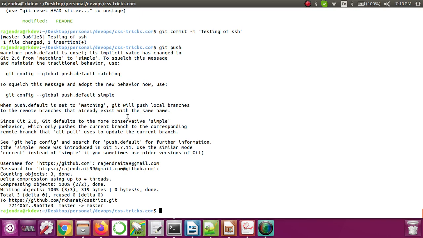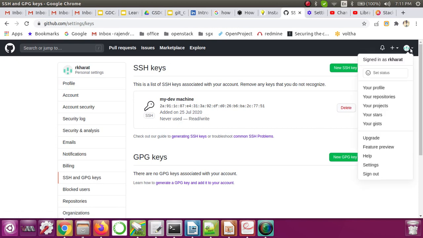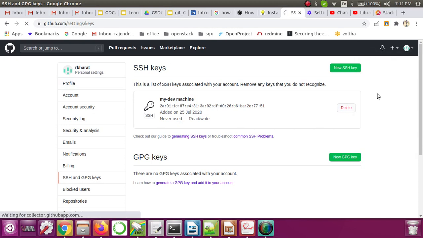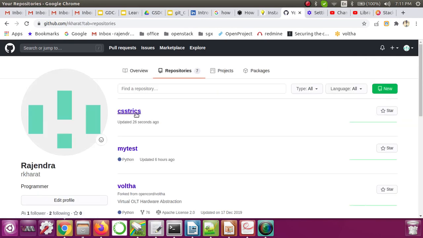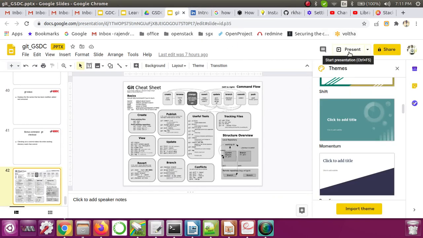Going forward, if we do any operation from this particular machine, it will not ask for credentials. Now go again to the repository and see the changes. Let's go to the repo, go to this file, and you can see that the changes we added are now there. Now let's see some next setup commands.